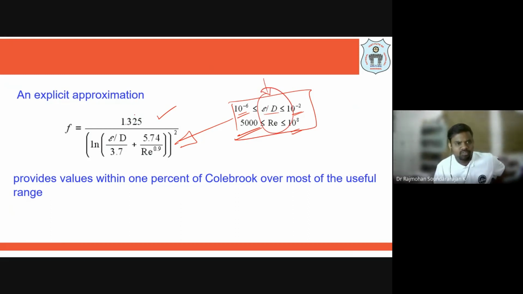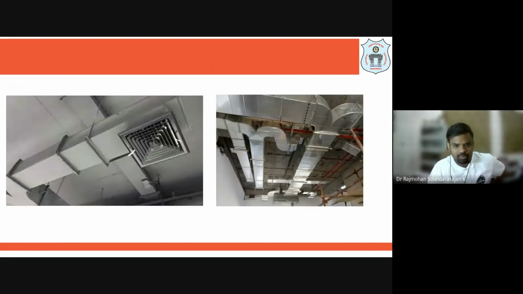So if you want to make use of this equation, your data or your value should fall in this range. Whenever you use any empirical equation, not only in fluid mechanics but also in heat transfer and mass transfer, we are going to come across several empirical equations. All will have a controlled range that we have to observe. For example, even for pressure drop, we have two equations. We have the Hagen-Poiseuille equation to determine the pressure drop across the unit length. Also, we have the Darcy equation. But the Hagen-Poiseuille equation has a limitation, which is that it is applicable only for laminar flow. So we have to always be clear about where the empirical equation is applicable.